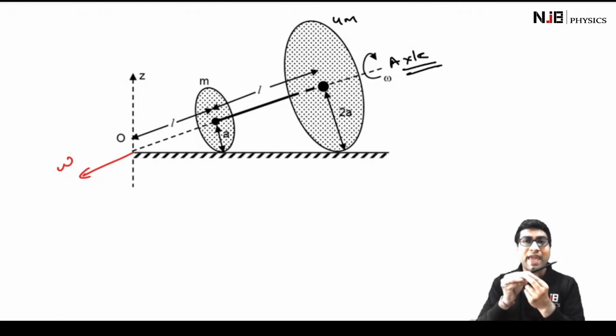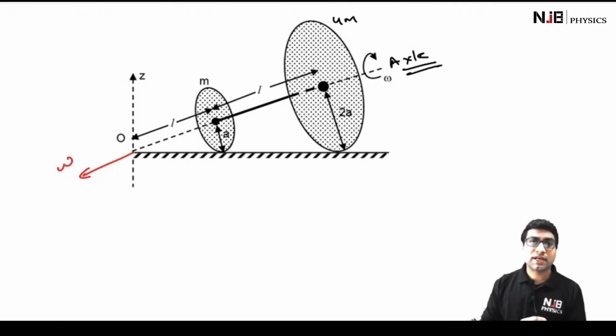Now see, this axle is also going to rotate about the Z axis, as it is a case of pure rolling. So when the discs are rotating about this axle, the axle is also going to rotate about the Z axis. Well, this is one of the rarest problems, since usually in IITs they do not ask questions in which even the axle rotates. Generally we have problems in which the axle is in pure translation. The axle does not rotate. So this is a problem in which we have two angular velocities of this assembly.